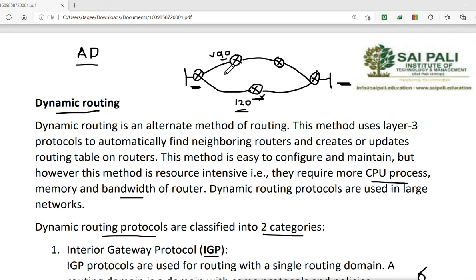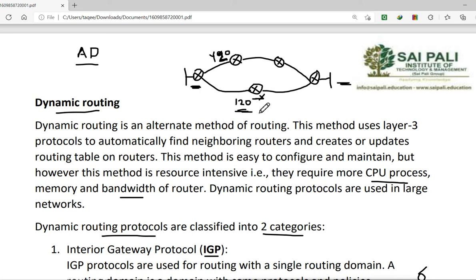Now in this case, if you have 90 and 120, the router will choose 90 because it is more reliable. But when we configure RIP, normally we configure RIP on all these routers. It is not like I will configure EIGRP on one router and RIP on another. I will configure RIP on all these routers, or EIGRP on all of them. So for example, if I configure RIP on all the routers, the AD value for both paths will be 120. If I go to this side, it is 120, and if I go to the other side, again it is 120. Now it is a tie.